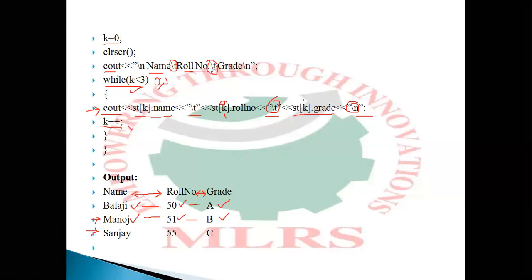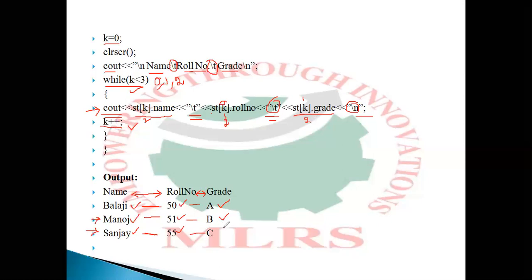Again k plus plus will execute. Now k value becomes 2, 2 less than 3, condition becomes true. Again it executes the cout statement, st of k means now the k value is 2, so st of 2 dot name, the third student name, tab space, then st of k dot roll number, st of 2 dot roll number, then 55, then tab space, st of k, that is st of 2 dot grade,